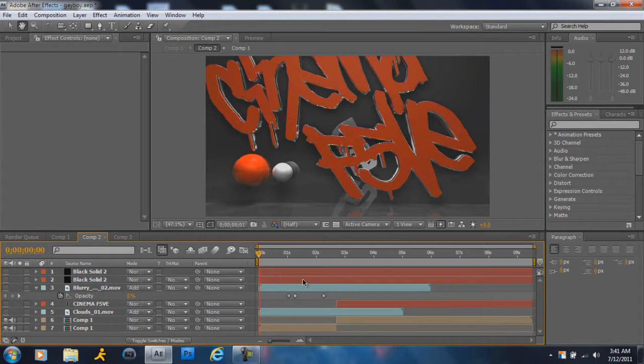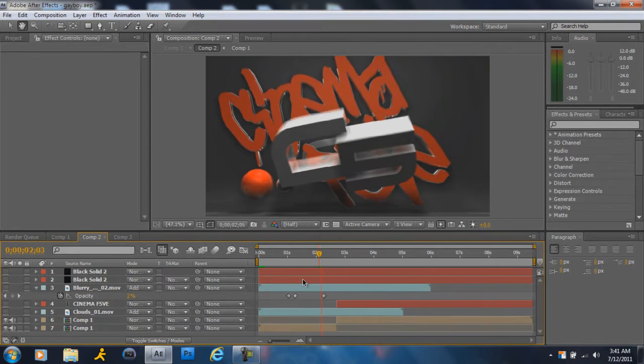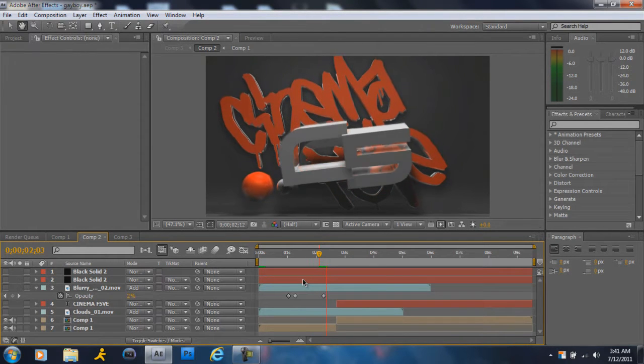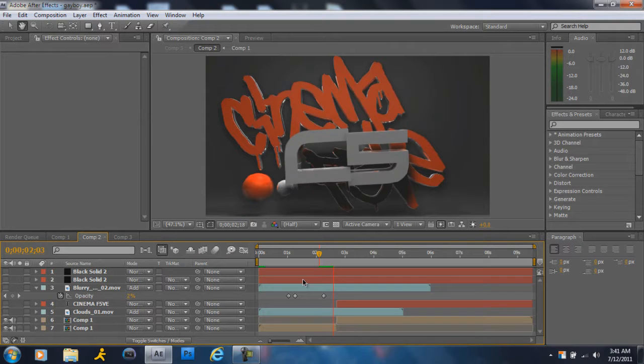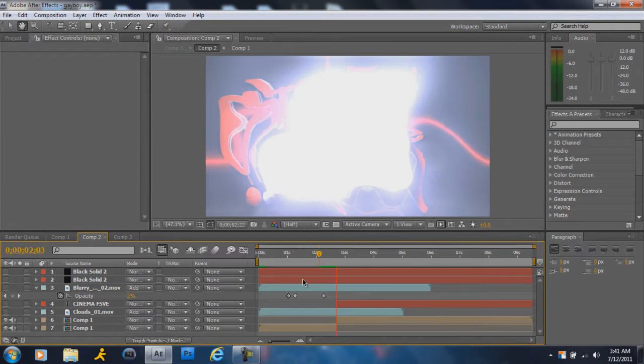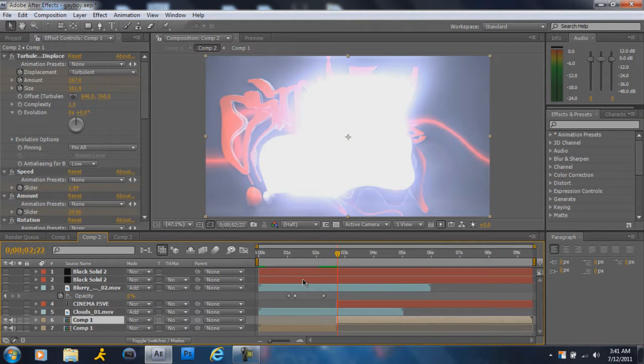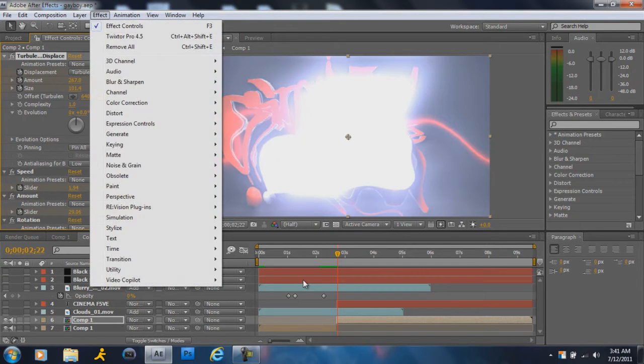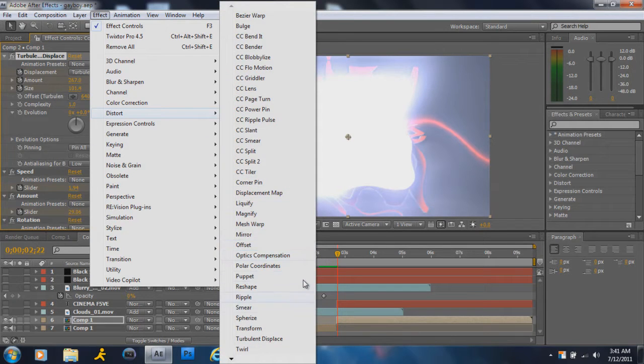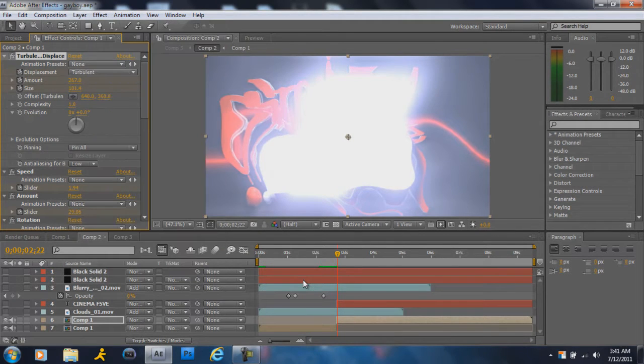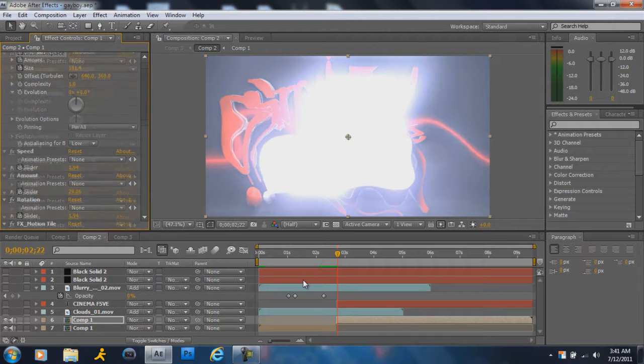So here's the comp. Once again, I split it where the impact happened, which was there. And this time I added a couple effects to the comp. I added a turbulent displacement, which can be found in effects, distort, and turbulent displacement. It's a good effect. I like it. It looks a little bit different, and I added